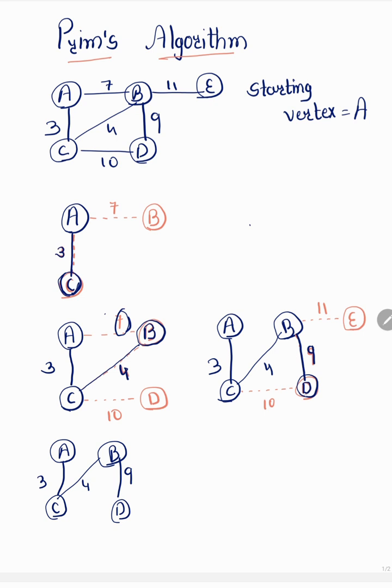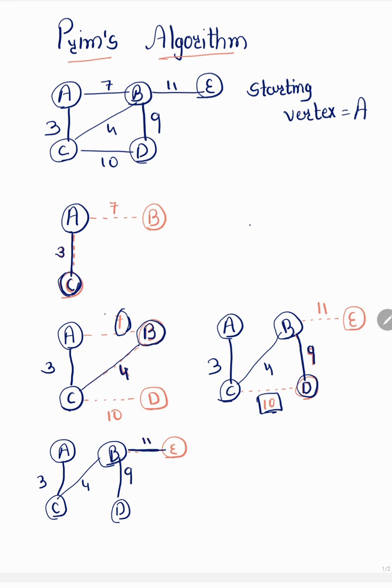Now D is already visited, so this fringe also I don't need, so I just remove it, right? Now if we talk about E, there is only one fringe coming towards the E, right? There is only one edge, right? So B is connected to E only, right? Nothing else. So I'll just select this,